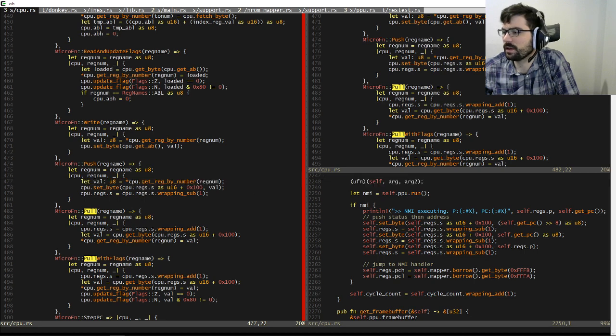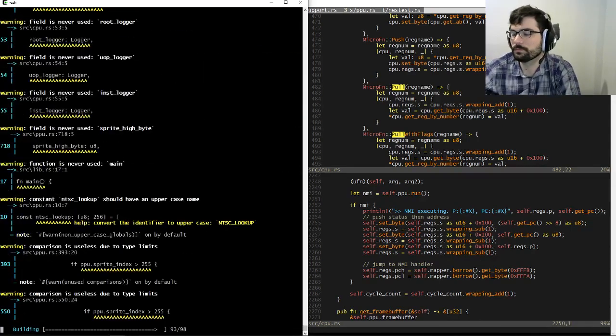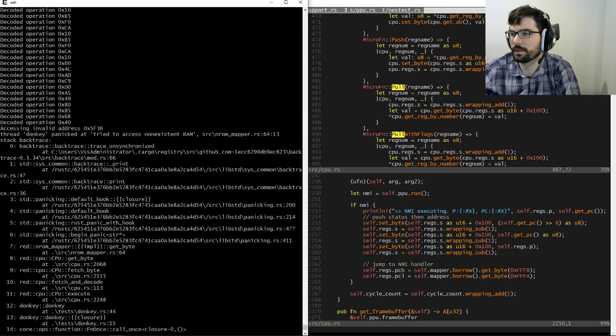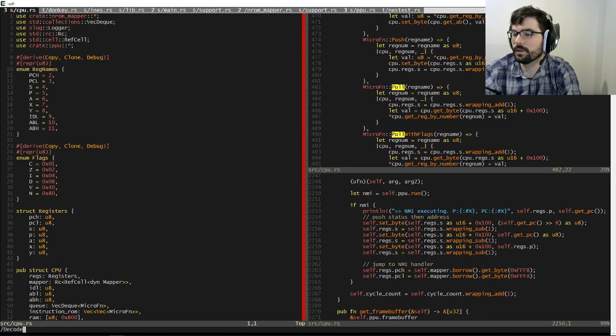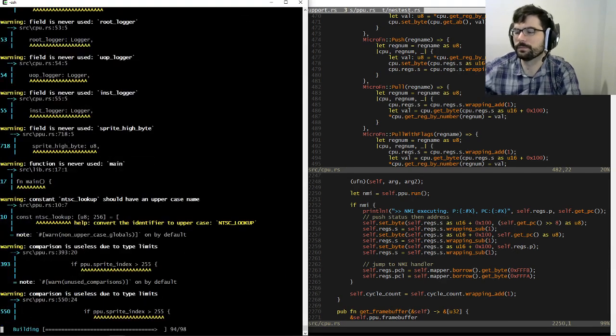So we get the value, which we already have, and we call set byte S plus 100 to the value, which is this. That seems right to me. Even though it super does look like I'm popping the status flags into the program counter somehow.